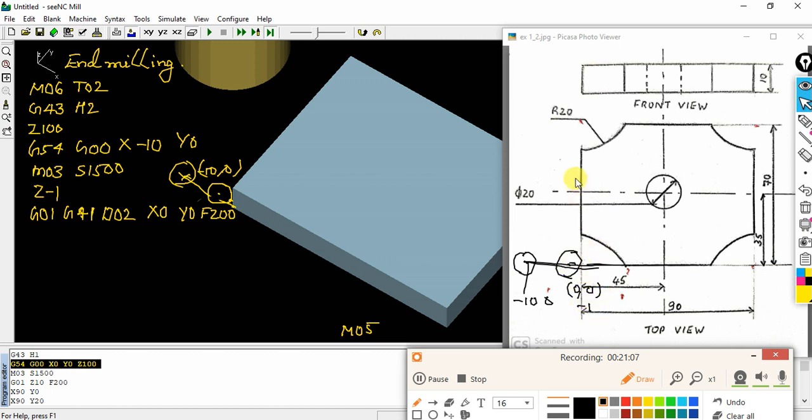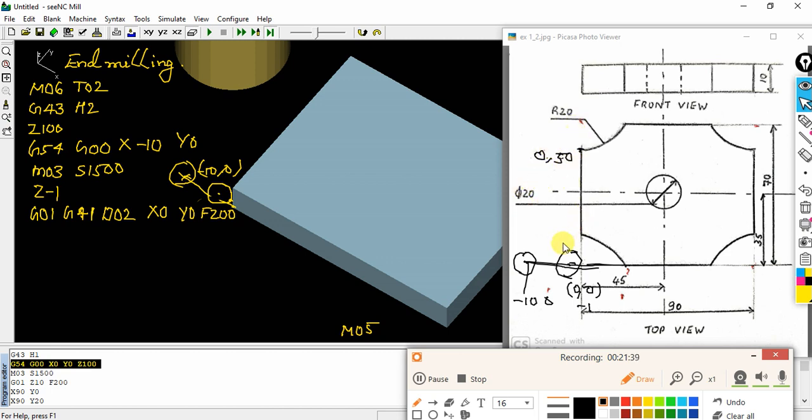From here I will move to this point. If you measure 70 minus 20, that will be 50. Oh, sorry, X will be 0, and Y will be 50.